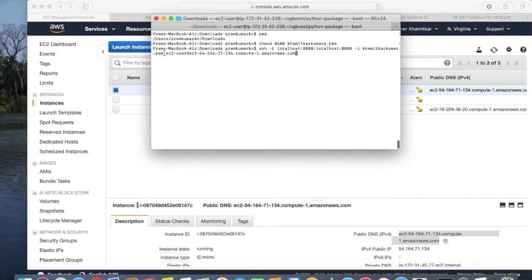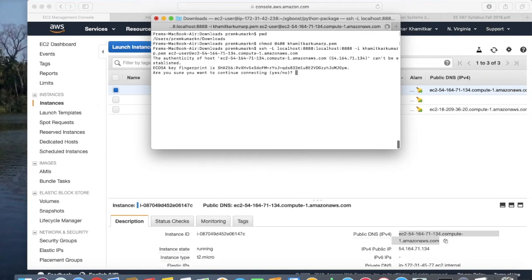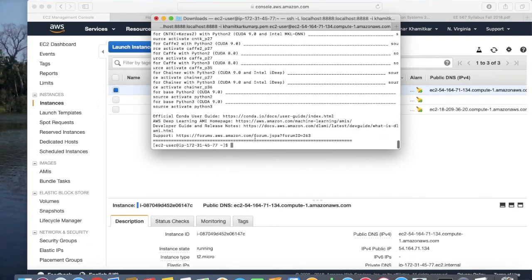Then the next thing that I need to do is change the name of the PEM file. Enter. So now it's ready. Then the next thing that I need to do is git clone